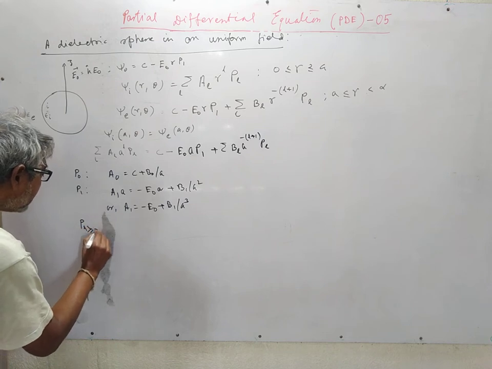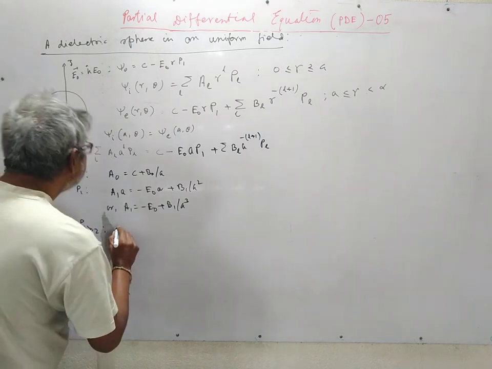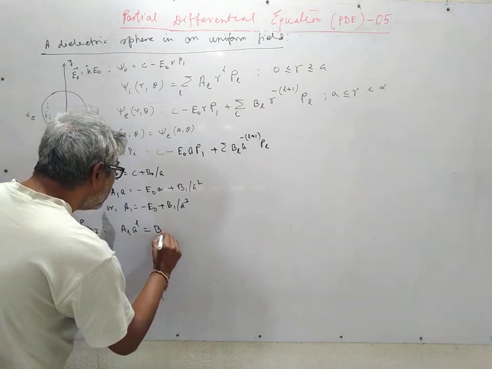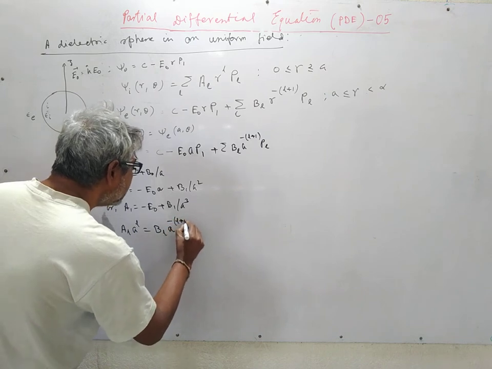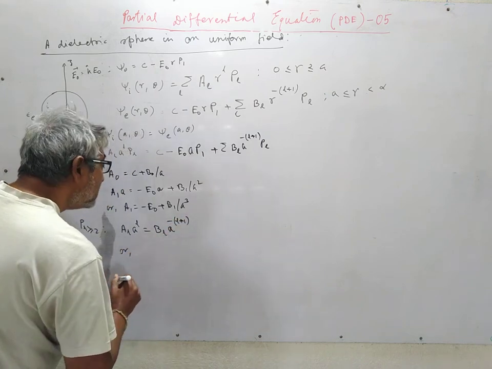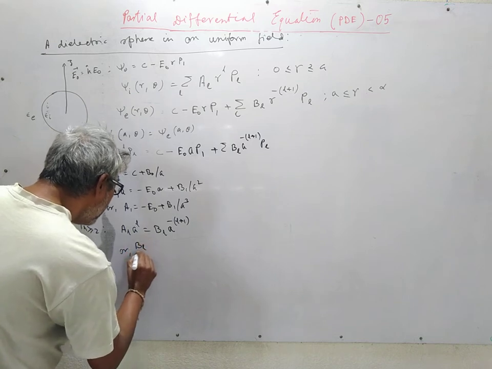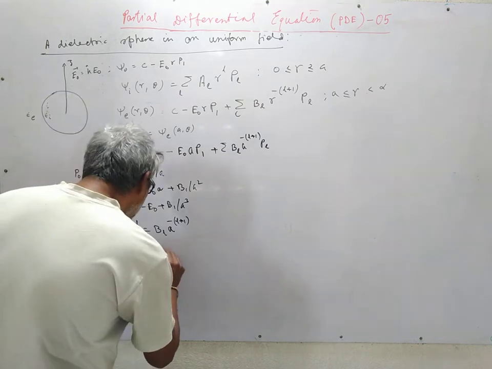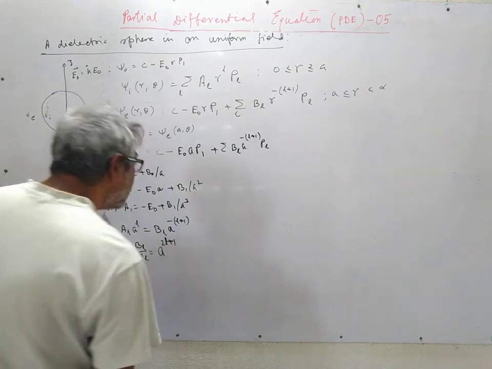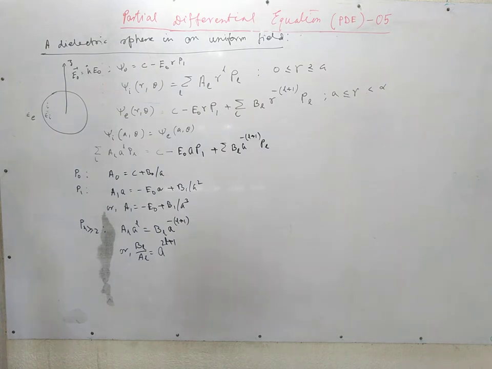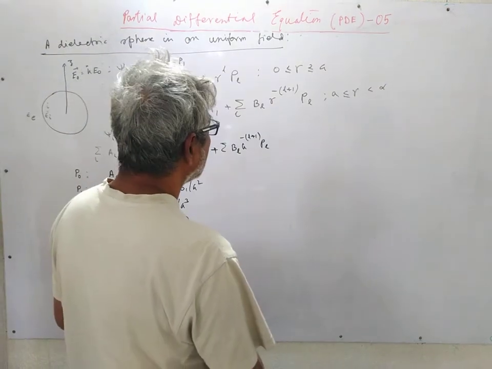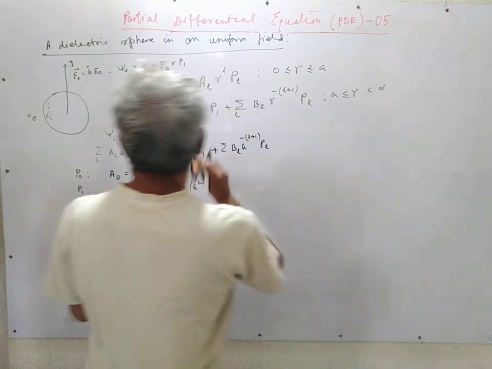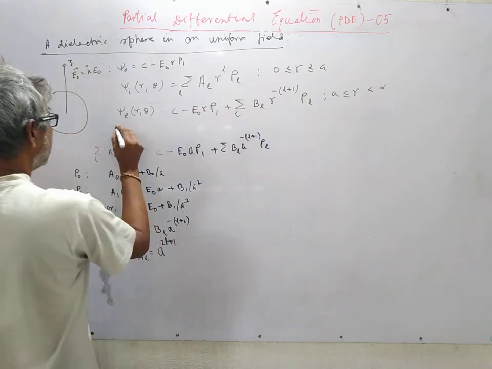PL, L greater than or equal to 2, gives you AL a to the power L is equal to BL a to the power minus L plus 1, or BL by AL is equal to a to the power 2L plus 1. So these are the three results. We just keep a summary of this. This will be needed in